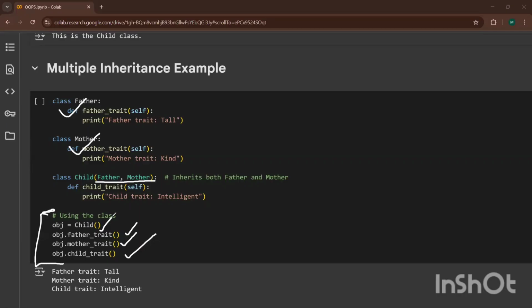Is everyone clear with this example? Yes, we can have more than two parents.